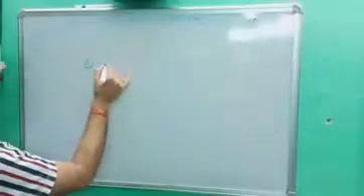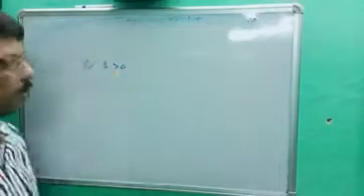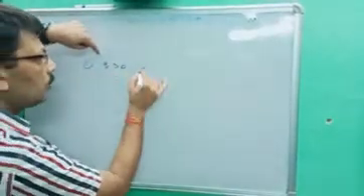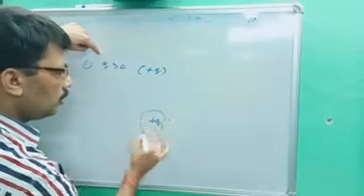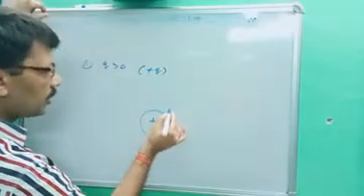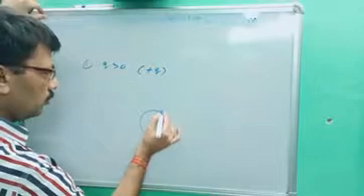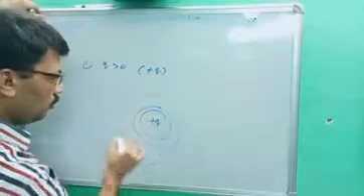Now there are various forms of equipotential surface for different conditions. So we do them one by one. First, Q greater than 0. Very important. You better know Q greater than 0. So it will be a positive charge. So this is plus Q, line of force and equipotential surface.